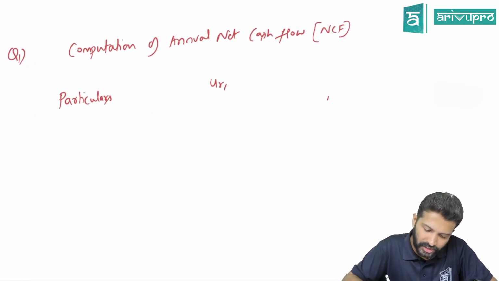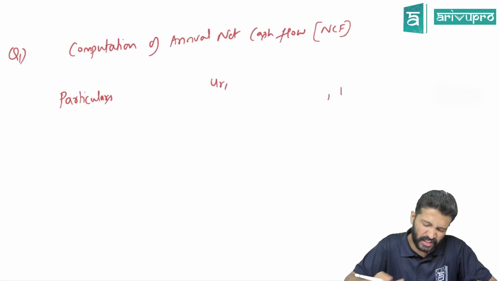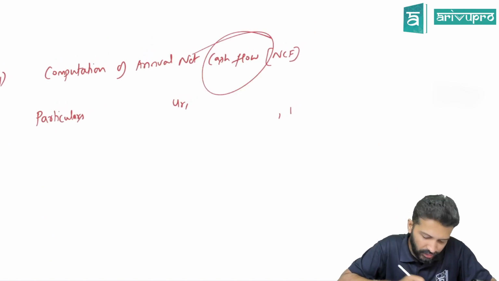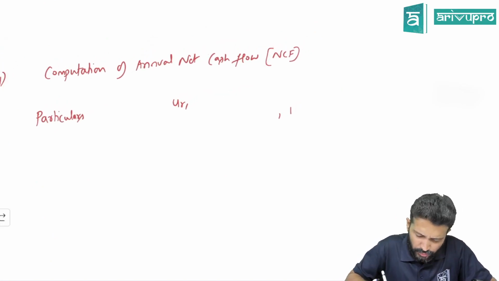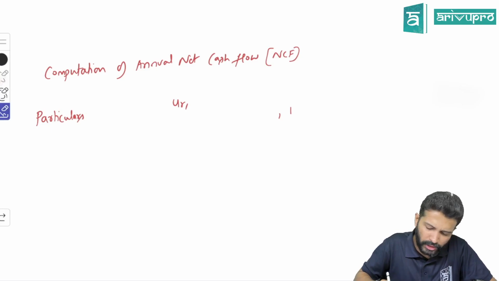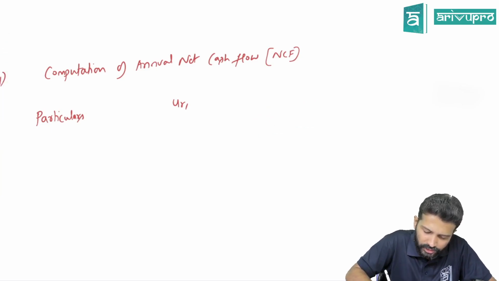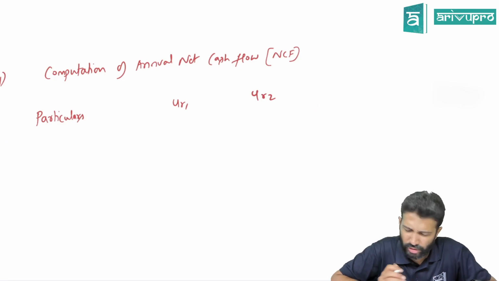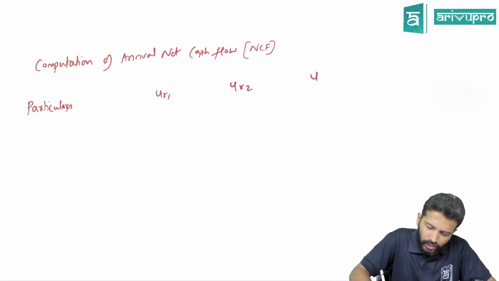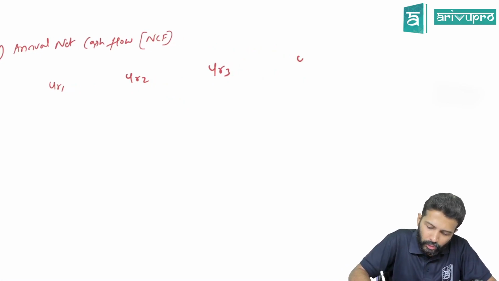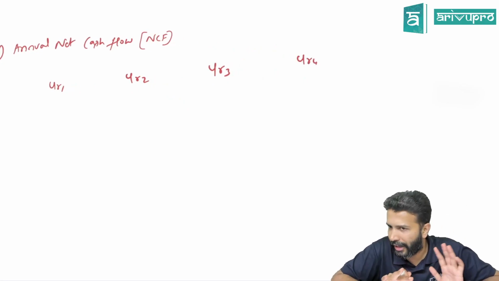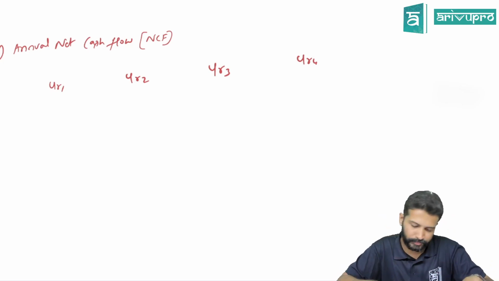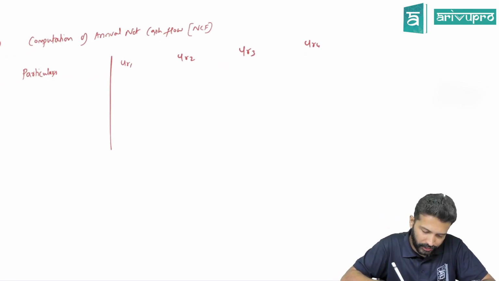Have they given how much you need to invest in the first year? They're asking us to compute the relevant cash flows, so we are only trying to calculate the net cash flows. Even if you want to put the year 0 cash flow, it should be fine, but they have given it anyway. So there is nothing to compute over here. These are working notes, not actual problems that will come in the exam. These are just the working notes that you will see in your bigger problems. We're slowly building towards that.